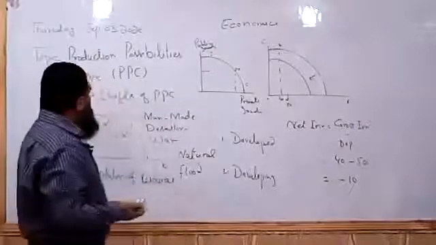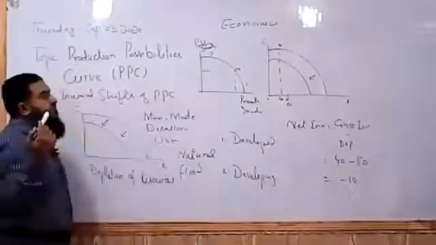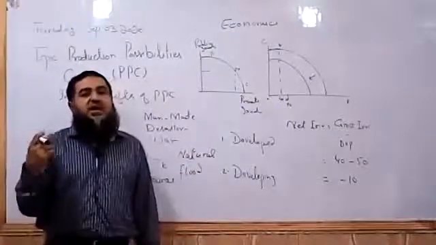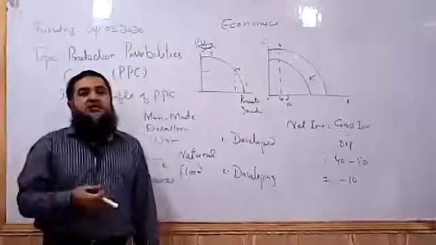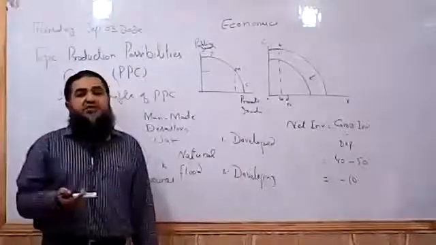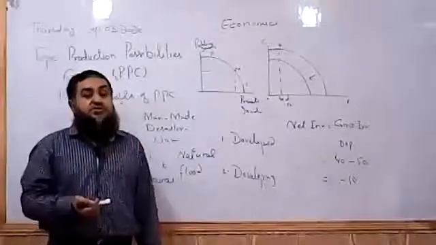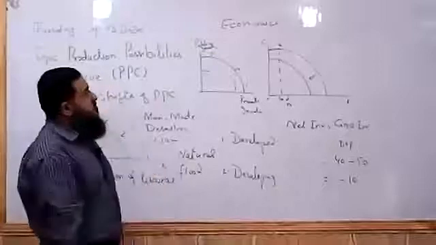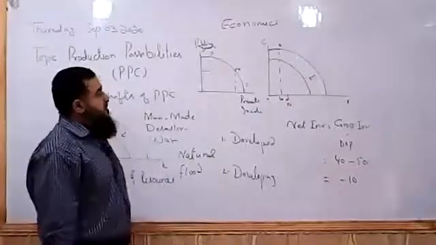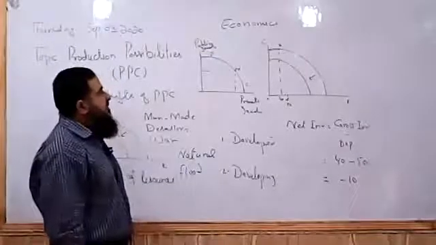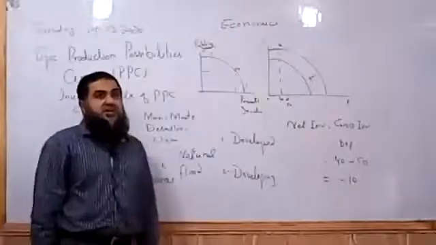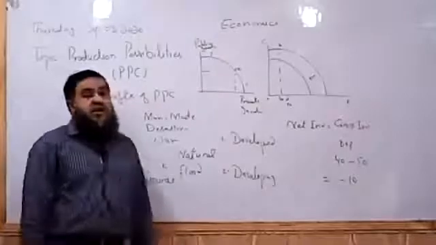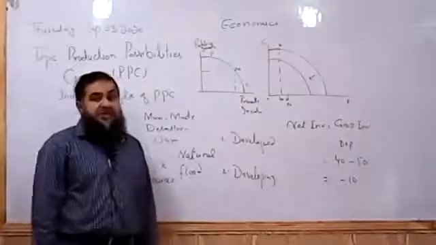And when we talk about the defense of the country, when we are producing more defense items, our living standard related to defense is high, but the rest of the country will not have that level of consumer goods or other goods to be consumed. And to demonstrate the economic system, we can also use the PPC. A free market economy is one which produces more private goods, whereas a planned country is one which produces more public goods, and mixed is one which produces both of them.